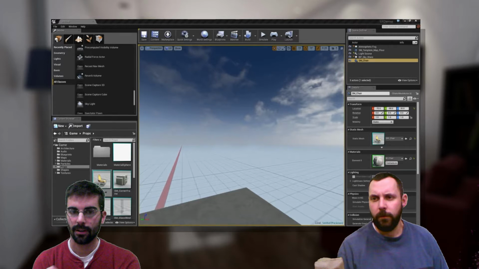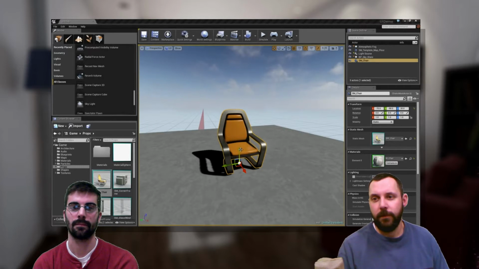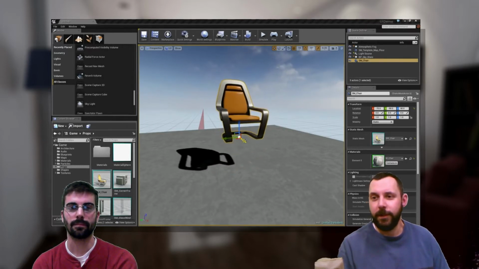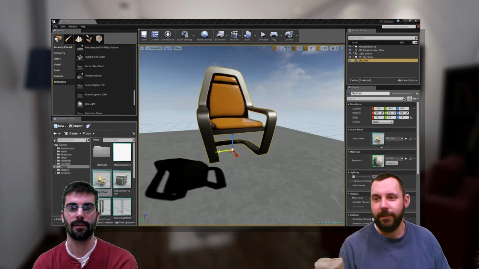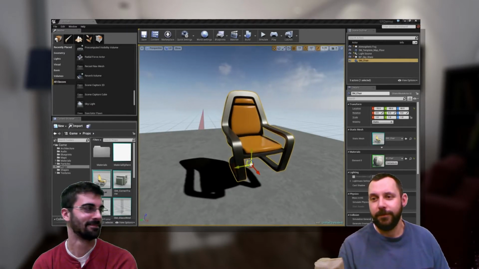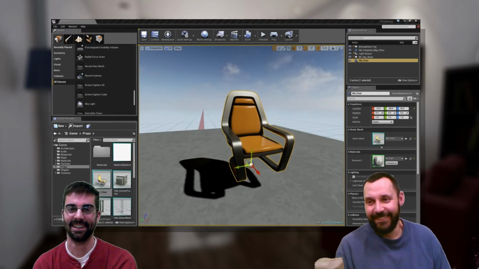The easy way to remember it is that X, Y, and Z, your three Cartesian axes, are equal to R, G, and B, or red, green, and blue. Drag on any one of those arrows to move the object in that axis. Red, green, and blue. Now you can also grab planes that exist in between any of these axes